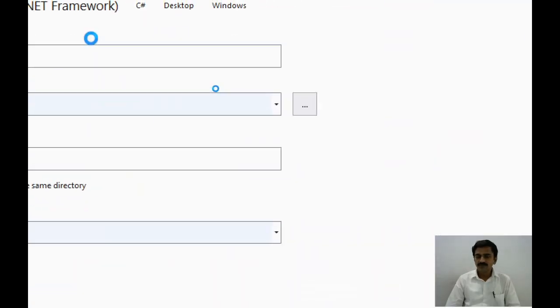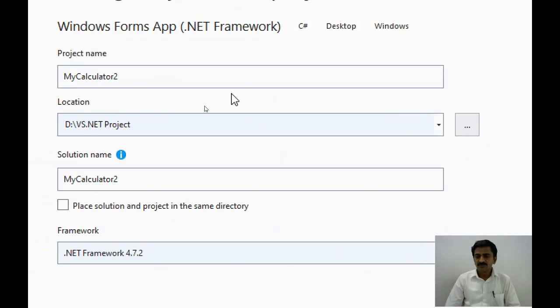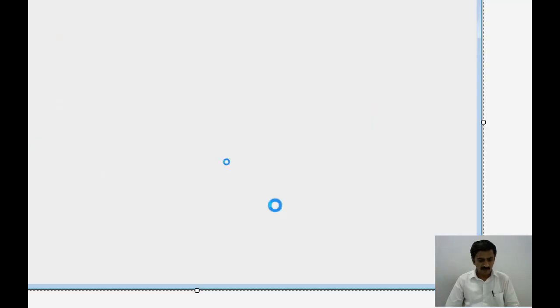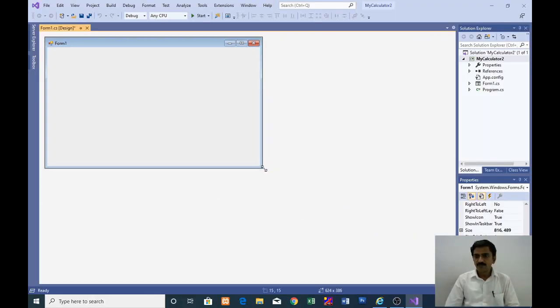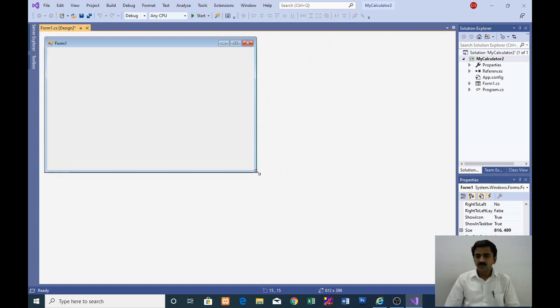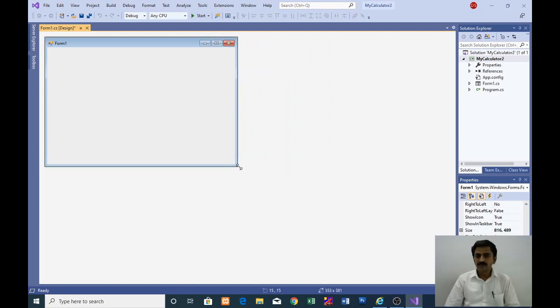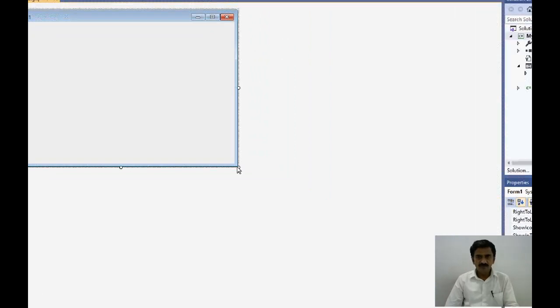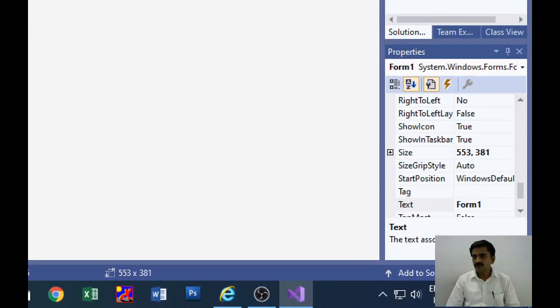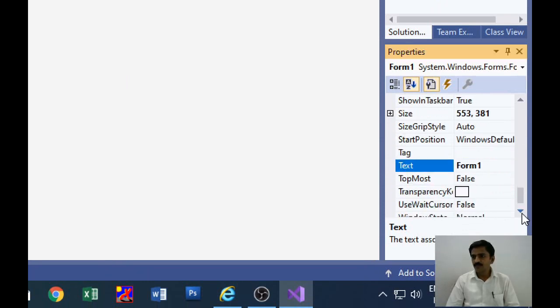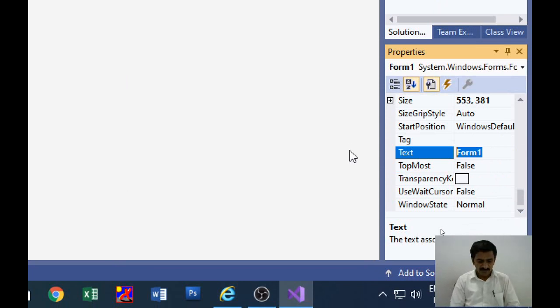After creating the project, a project will be added in Visual Studio. Here is the form of this project. We can design this form like a calculator. First we want to change the text that is there on title bar. So for that I am using the text property for this. So I am adding here